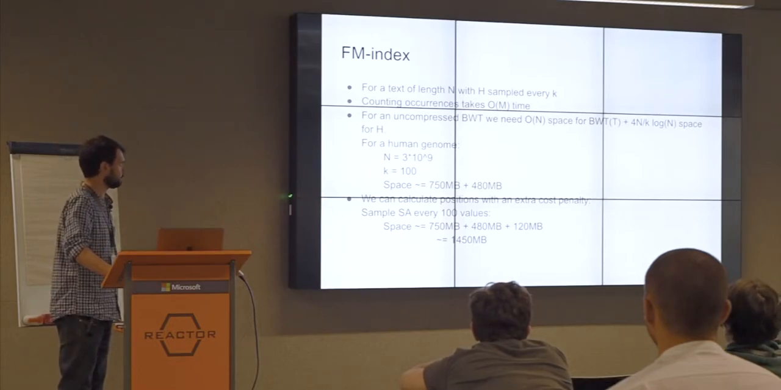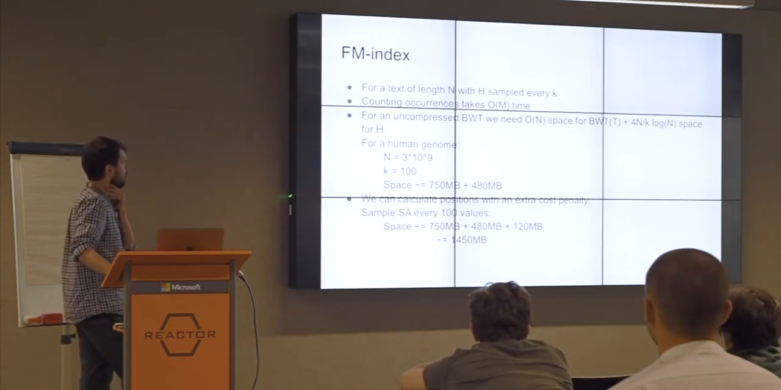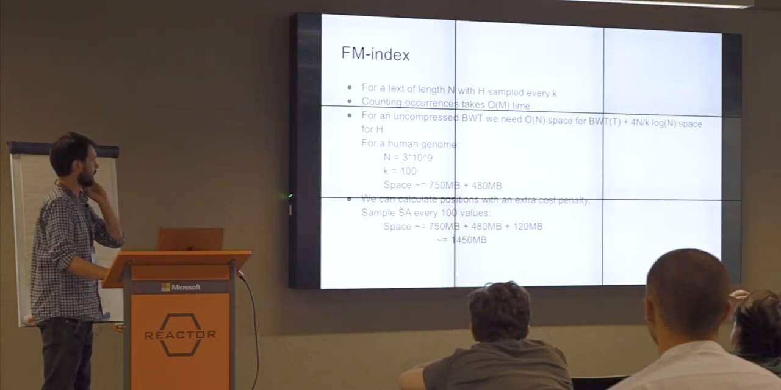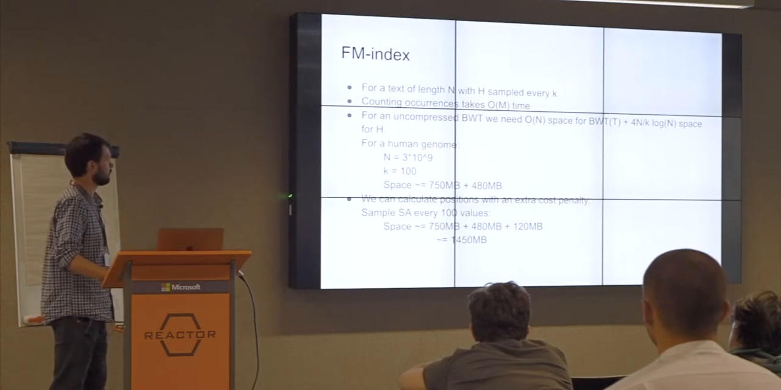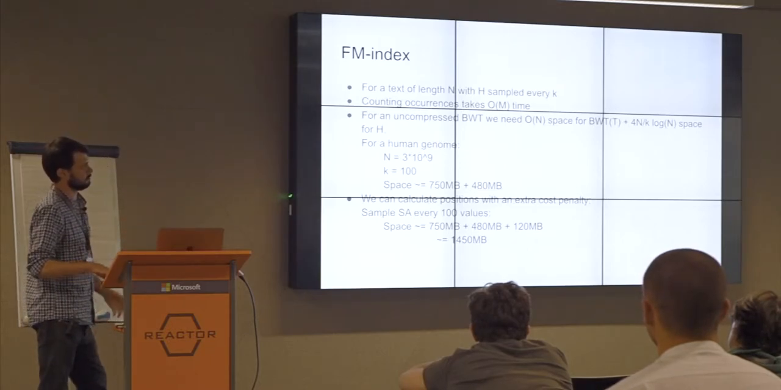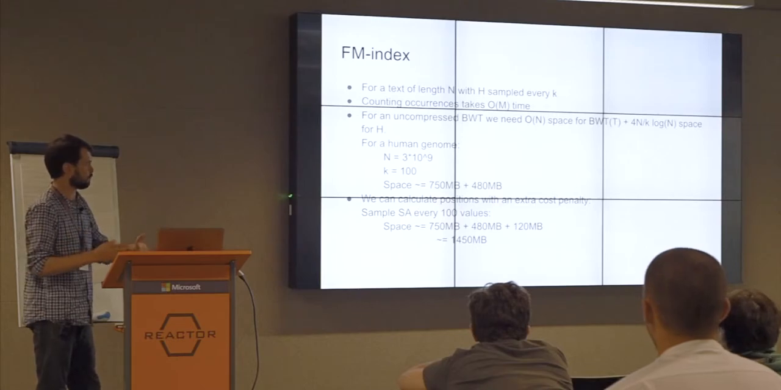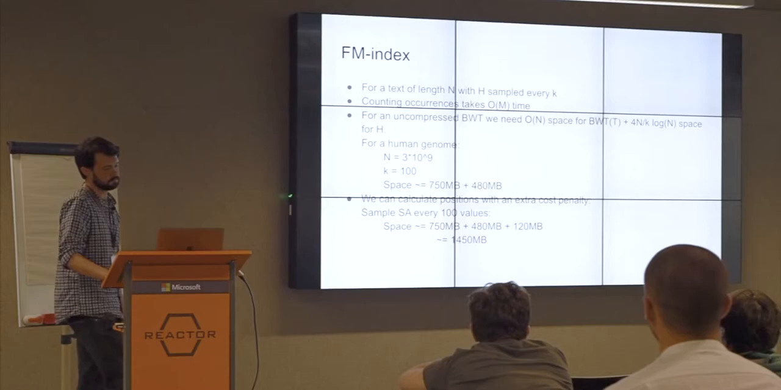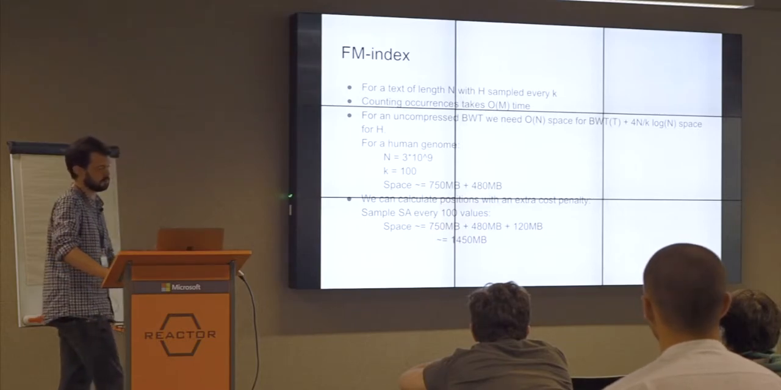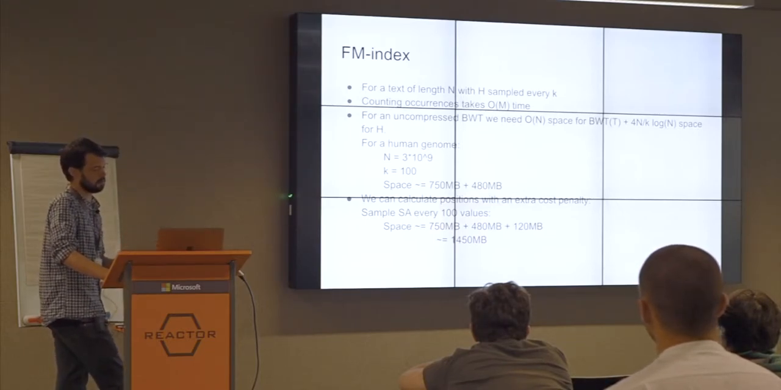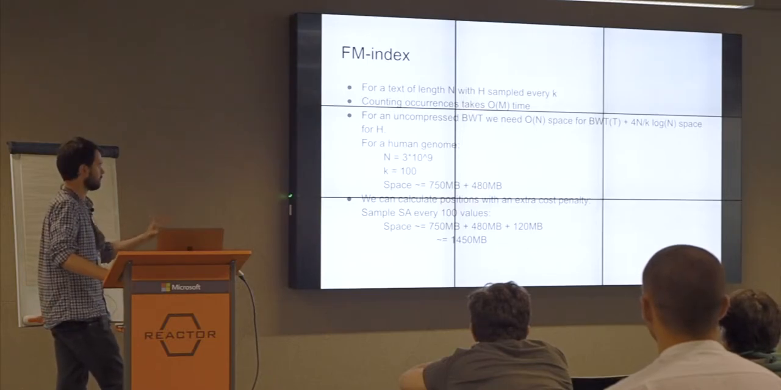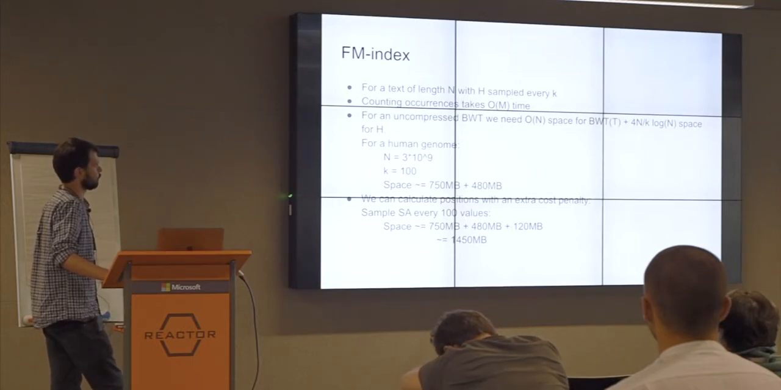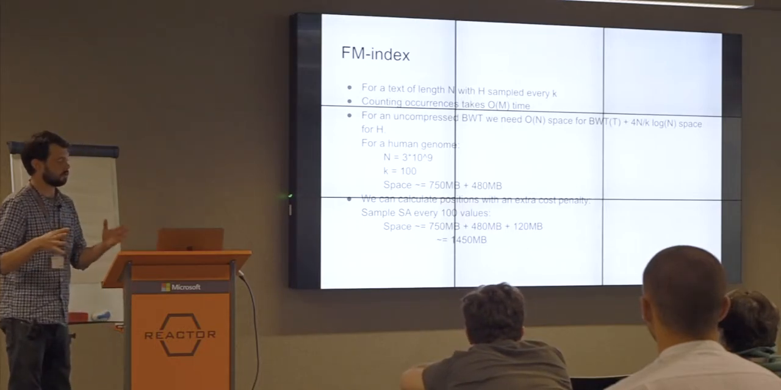Just as a quick example as to how this might perform, if we look at the human genome example, so N is 3 billion, we might have sample checkpoints at k of 100, for example. We could then determine the positions of a particular substring in the size of the genome, which is 750 megabytes, plus 450 megabytes for the checkpointed